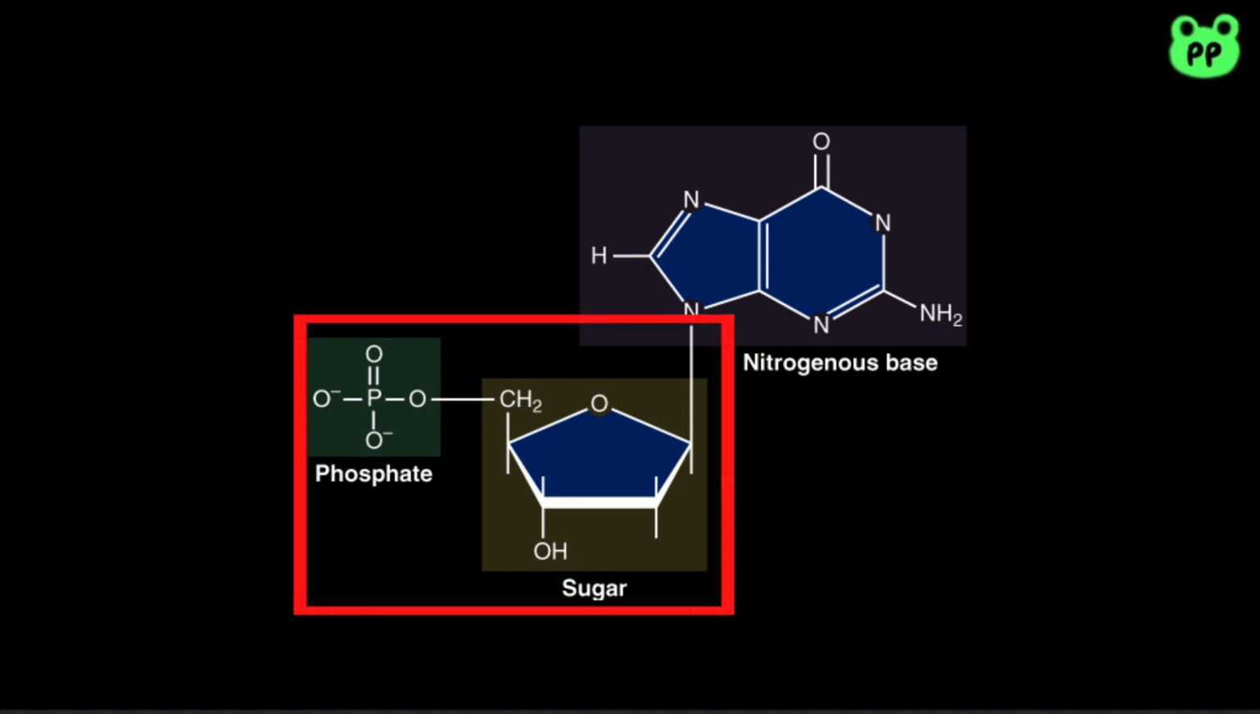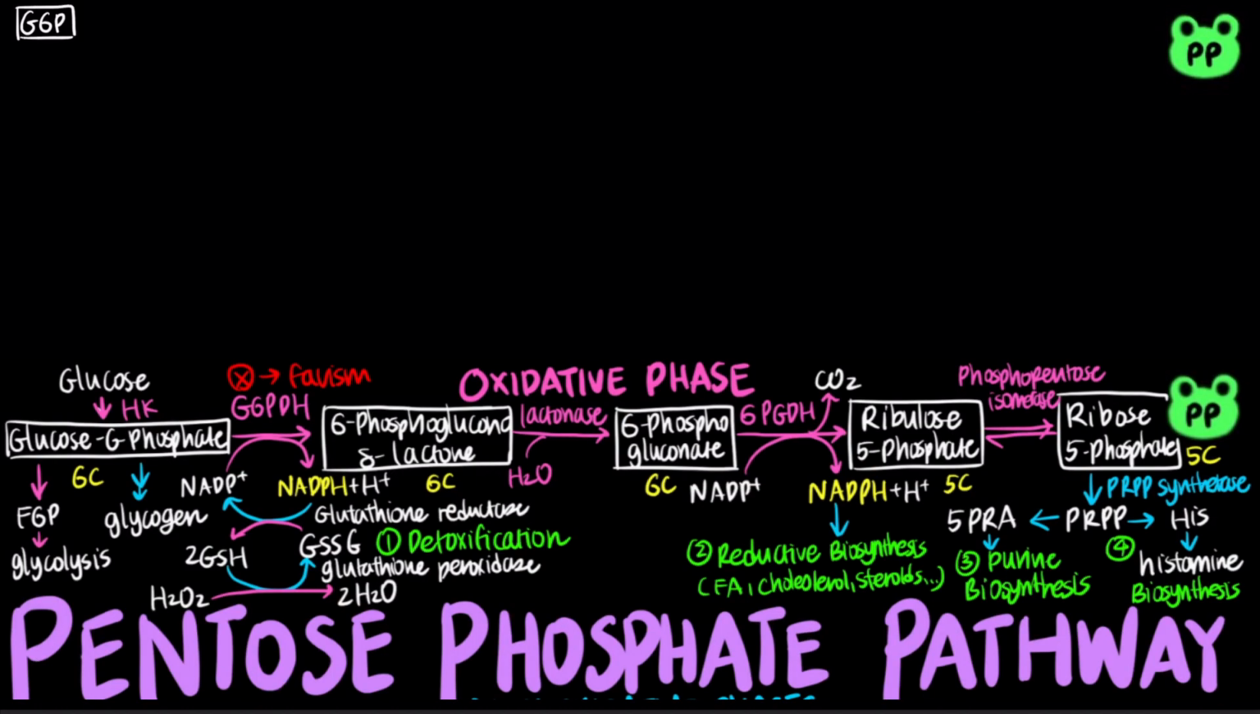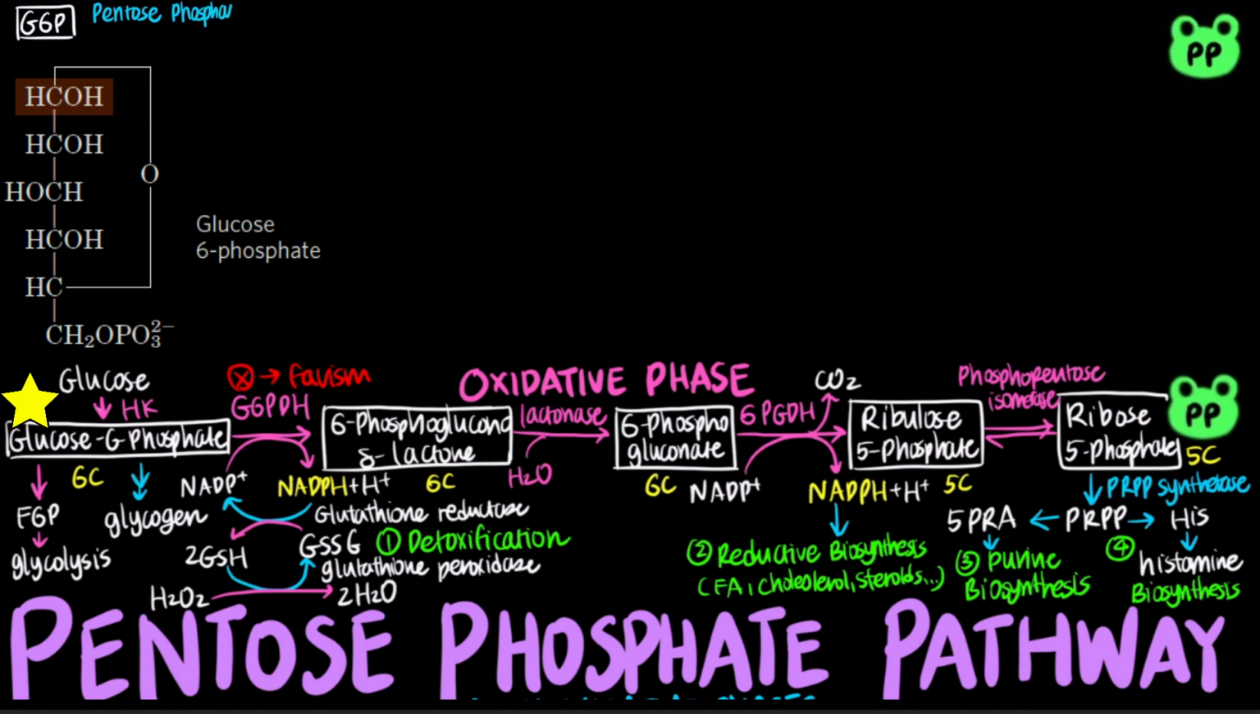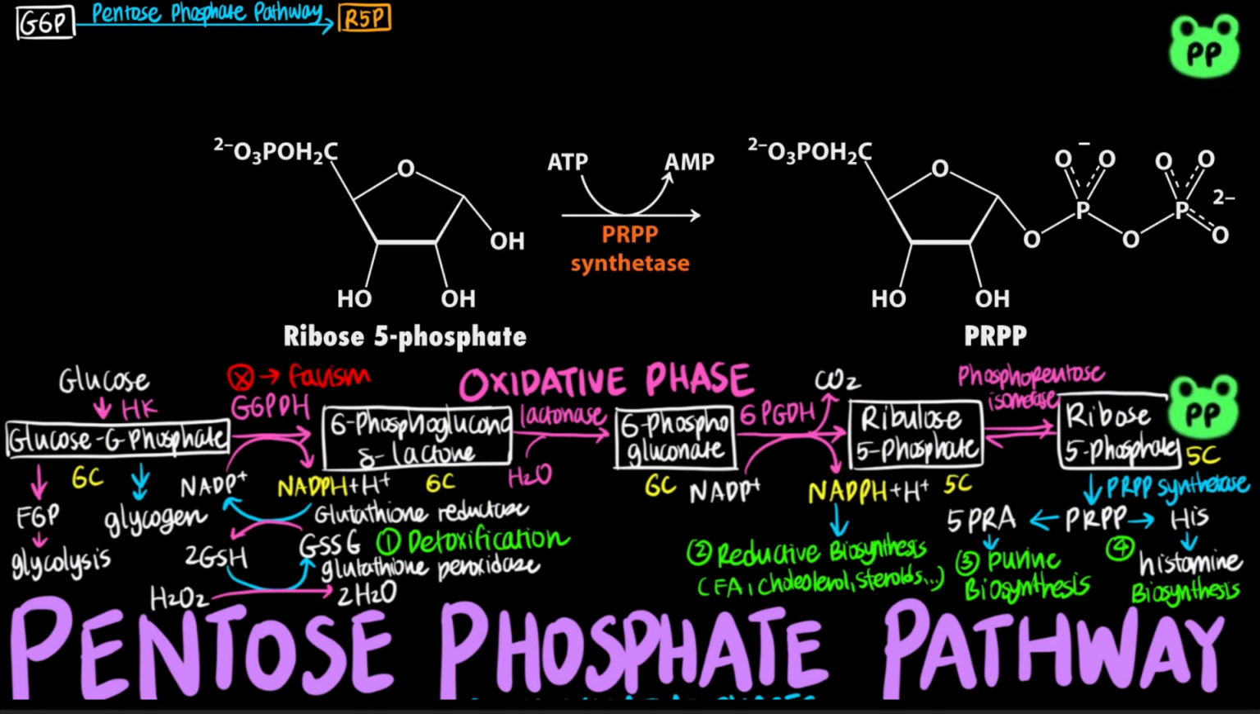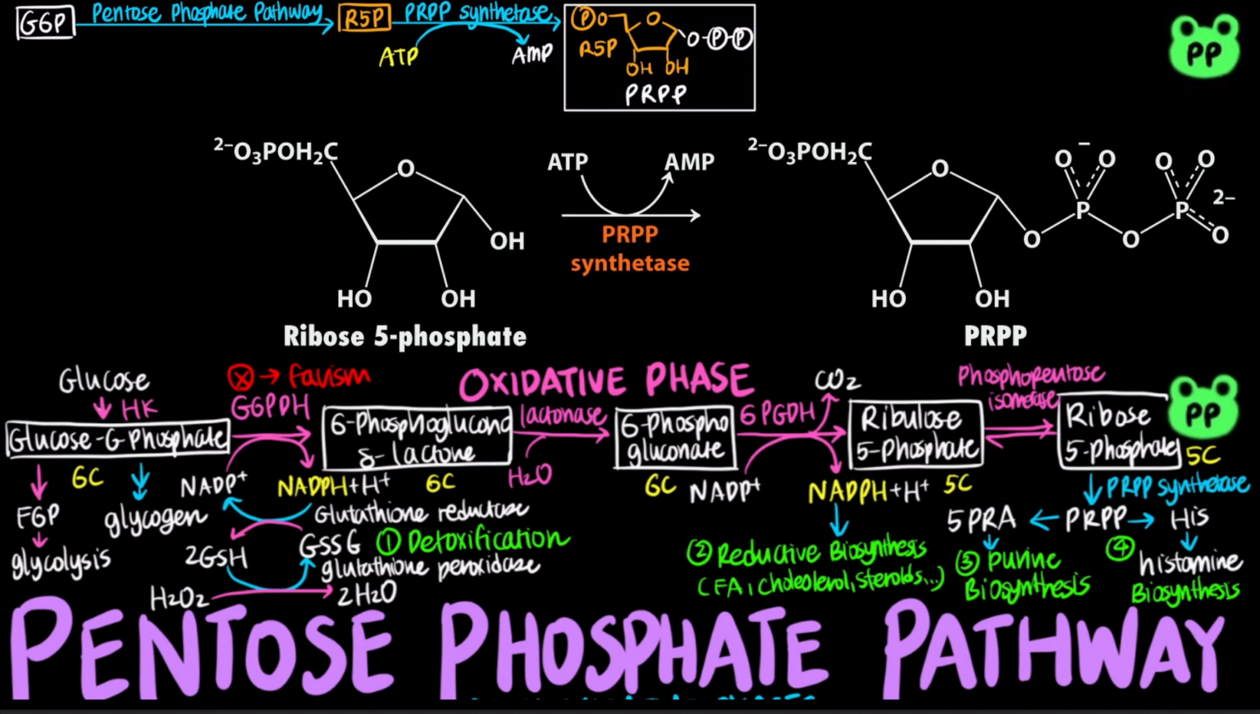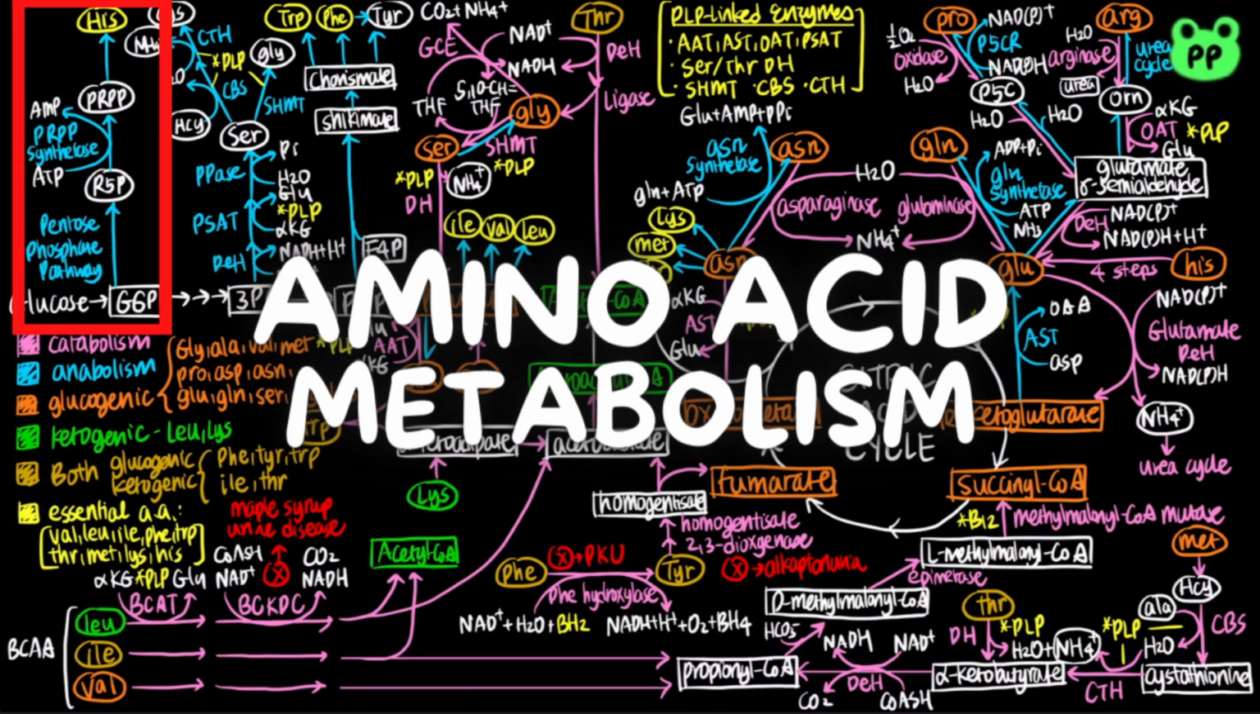The sugar phosphate backbone is derived from glucose 6-phosphate, which is an intermediate of glycolysis. First, glucose 6-phosphate enters the pentose phosphate pathway and undergoes a series of oxidative steps to produce ribose 5-phosphate, which is subsequently converted to 5'-phosphoribosyl 1-pyrophosphate, abbreviated as PRPP, by the enzyme PRPP synthetase, with ATP as a phosphate group donor. PRPP serves as a precursor to the de novo biosynthesis of both purine and pyrimidine nucleotides. PRPP also serves as a precursor to histidine biosynthesis in bacteria, which I've covered in my video on amino acid